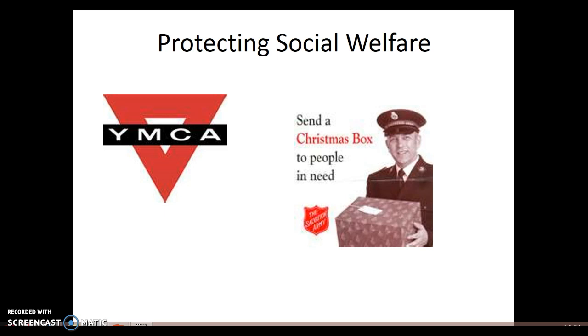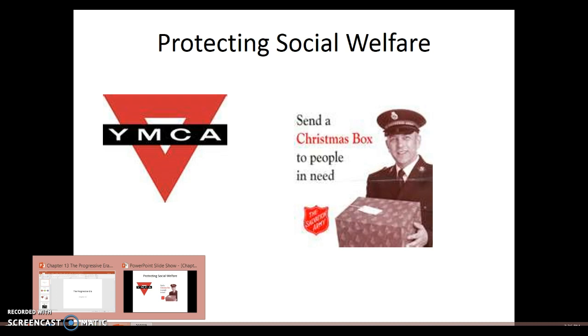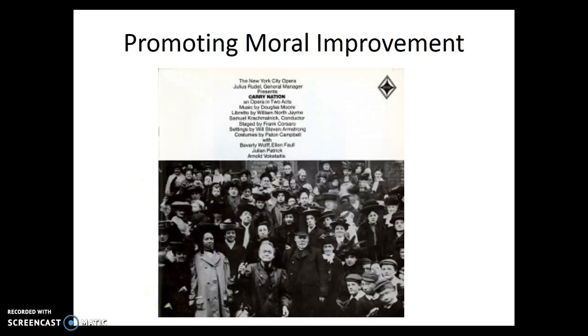And then the Salvation Army made efforts to feed the poor and collect money to provide relief to people. Sorry, picking up with where we left off. So the Salvation Army was aimed at helping the people who are in poverty and helping care for children and those who are needy, and they collected money to also give back. They're the people you would often see during Christmas time ringing the bells at grocery and department stores collecting money for Christmas efforts. So that is some of the effects we see come out of the goal of protecting social welfare.